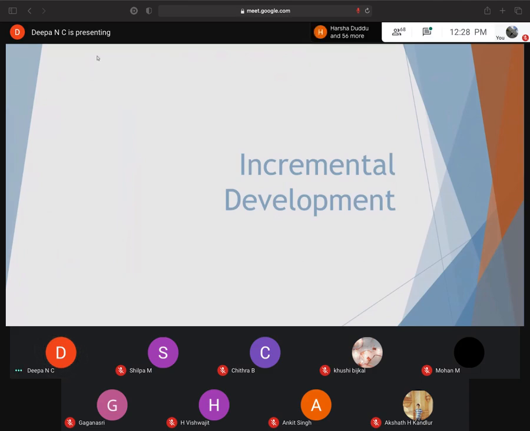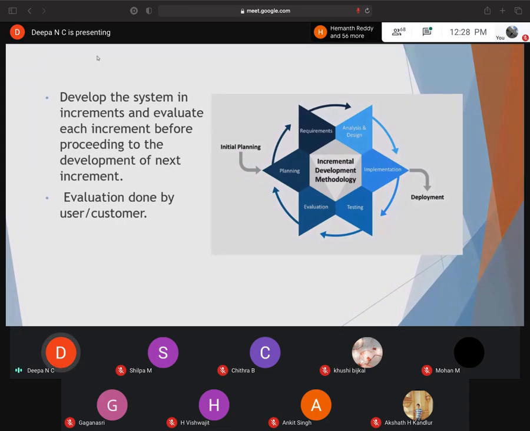Good morning, all. Today I'm going to speak about the topic incremental development. It is a process in which an initial version is developed and exposed to the user or customer. It is then evolved through several versions to develop a final system. In the incremental approach, the best understood requirements are implemented first. Later, additional functionality is added to the system. Since it is exposed to the customer in the development stage, the customer can check whether the system meets its requirements or not.